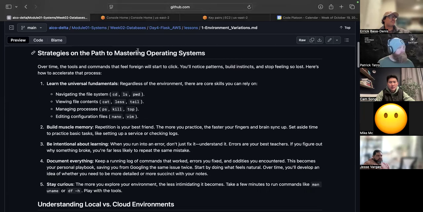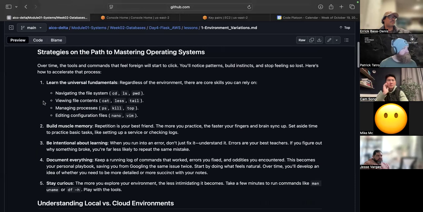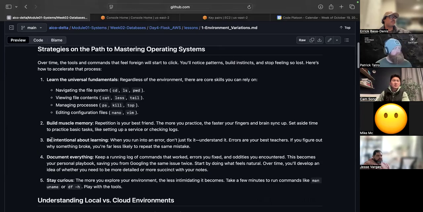So, strategies on the path to mastering operating systems. These are some of the strategies. There's 5 listed here. Learn the universal fundamentals. So navigating through the file system, viewing file contents, managing processes, editing configuration files using Vim,